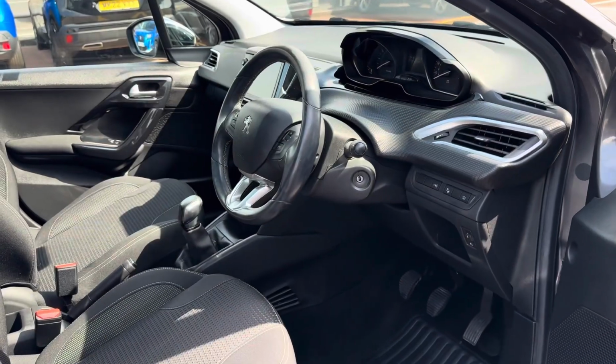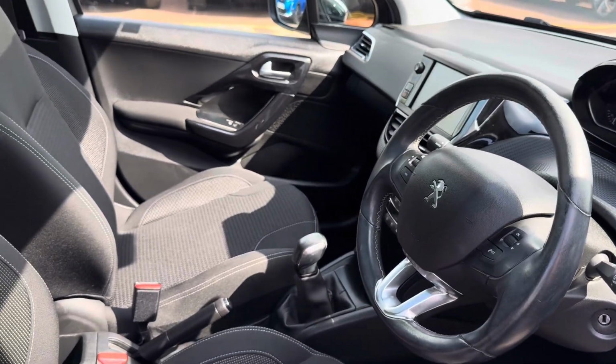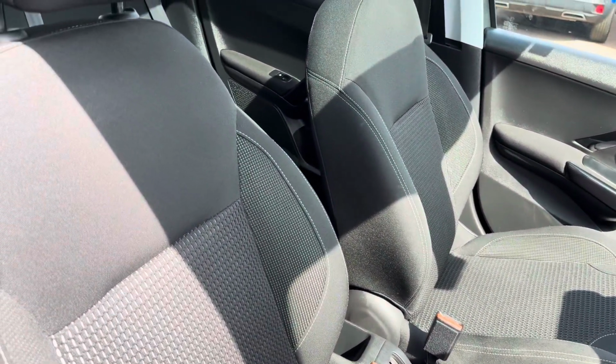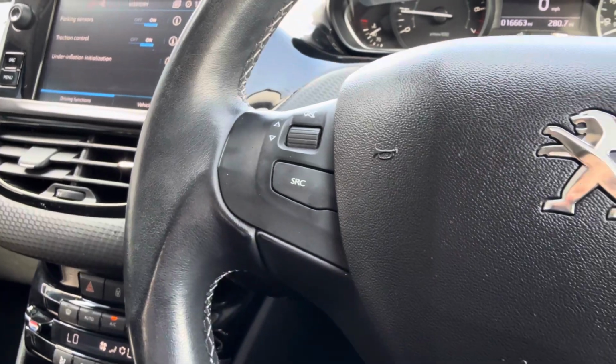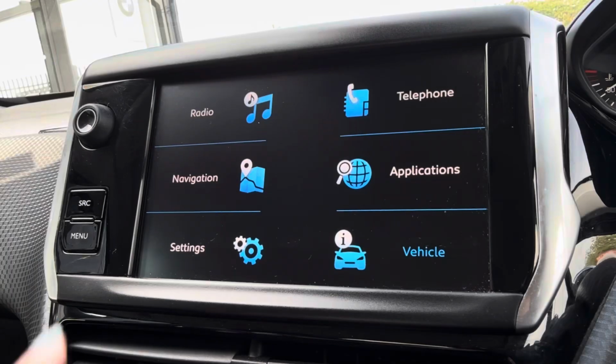Stepping into the front, you do have the convenience of your multifunctional steering wheel and central touch display screen, and again the comfort of a full cloth trim, and for those summer months you'd even have the bonus of a full glass sunroof. Moving on to the steering wheel, you do have various audio controls, followed on your central